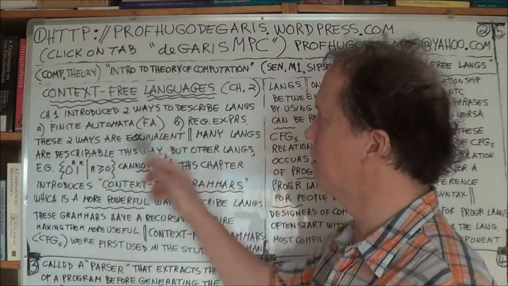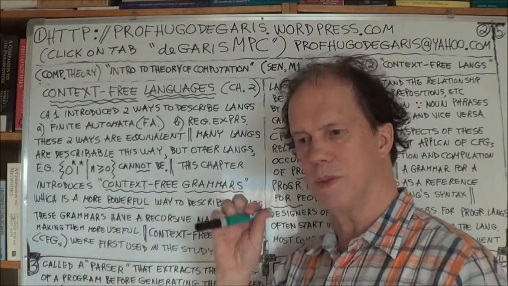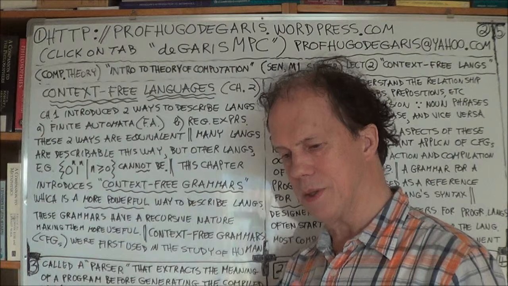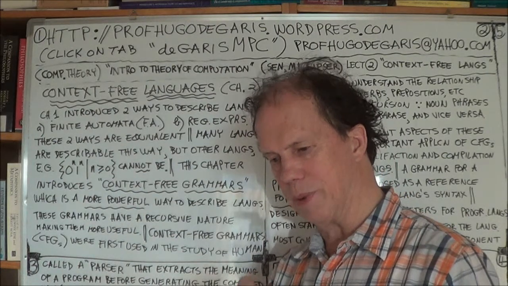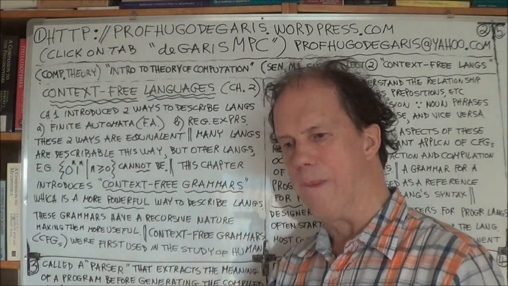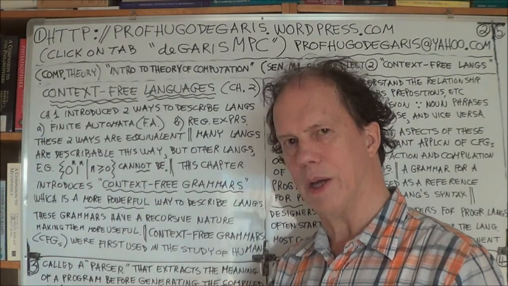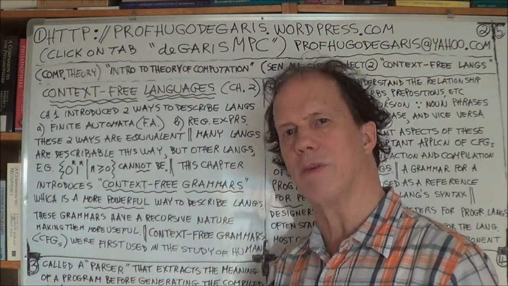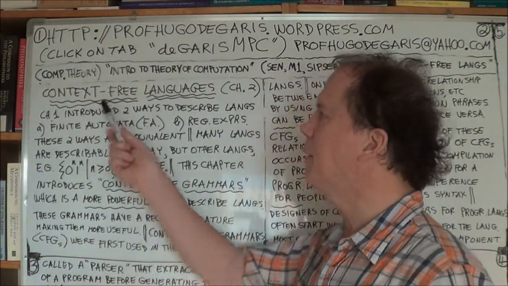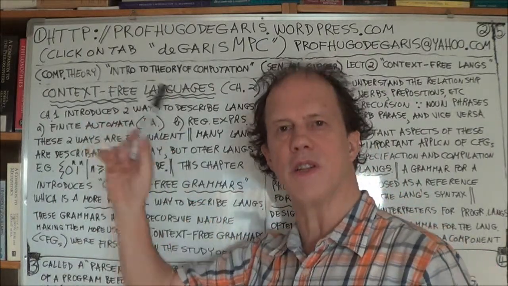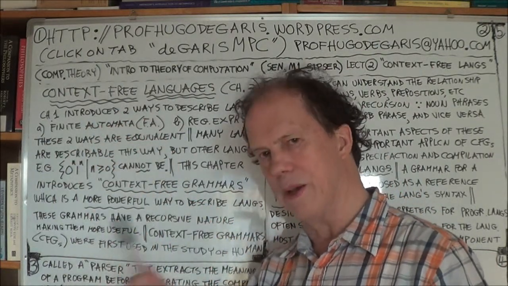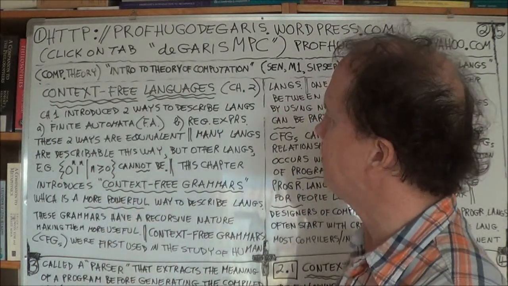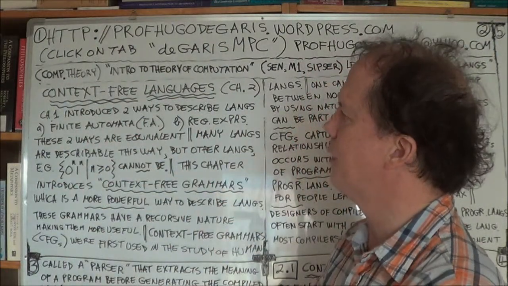But this whole chapter is about languages whose strings, remember a language is just a set of strings, are such that when you look at a particular symbol in the string, you don't care about its neighbours. You don't care what symbol is on the left of it or the right of it. So you don't care about the context. So, context-free. You don't care about the left neighbour or the right neighbour or whatever. Okay. Now, so a bit of overview, setting the